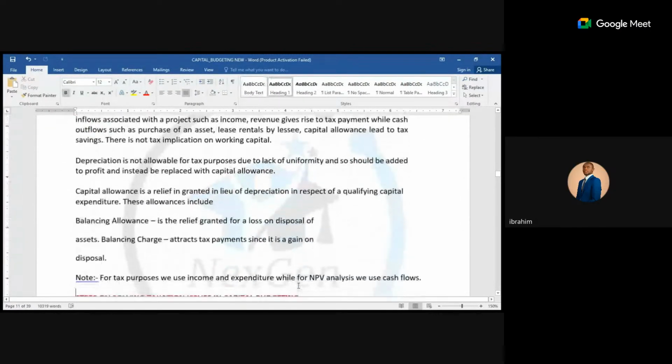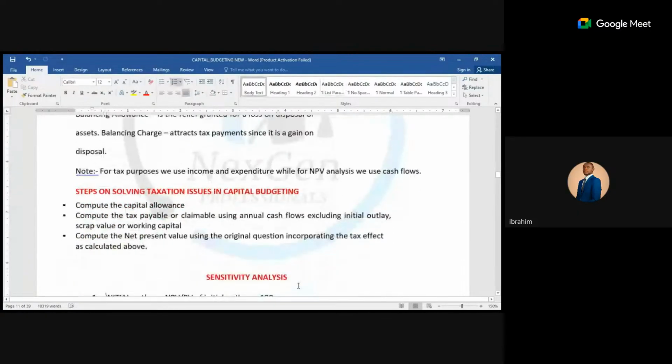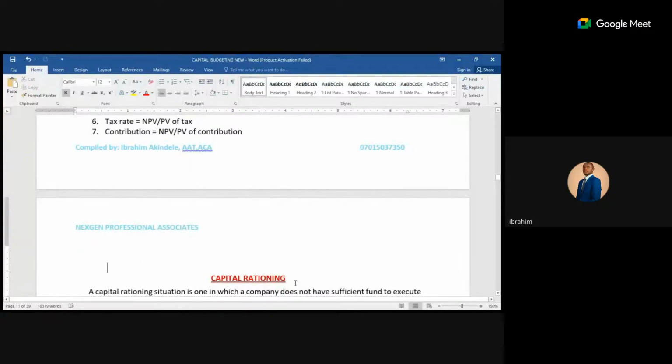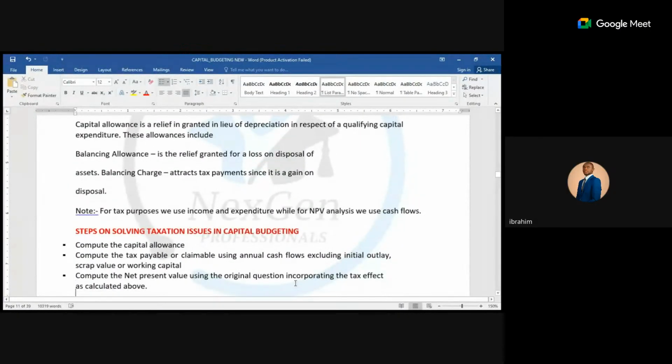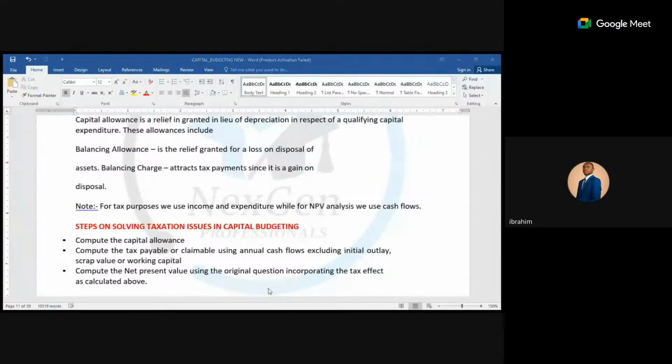Now, there is taxation here. Don't forget that capital allowance is granted in lieu of what? In lieu of depreciation. Now, there is balancing allowance as well as balancing charge. Of course, we all know that when your sales proceeds is lower than your tax written down value, you could say that this is balancing allowance, and therefore it is a loss on disposal. The relevant tax authority will grant you relief on that allowance. You claim it.